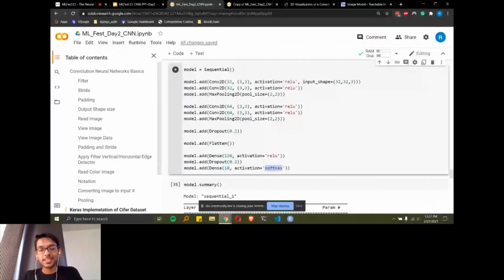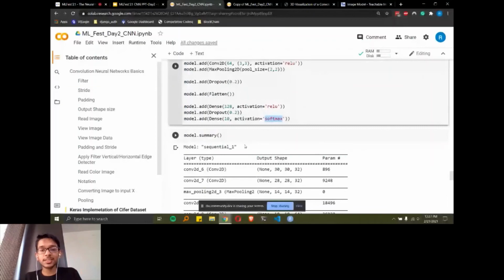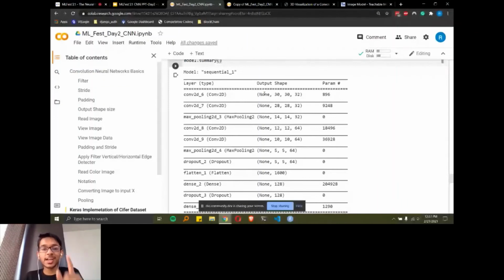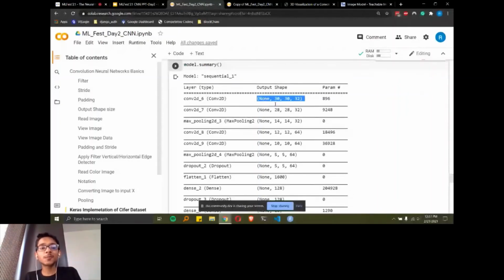Then the summary very nicely shows which convolution is outputting how much output. A peculiar thing you will notice is that in our convolution layers we hadn't included padding, so the output of this convolution layer is not 32 by 32, it's 30 by 30 by 30, meaning it has not retained the original image size.